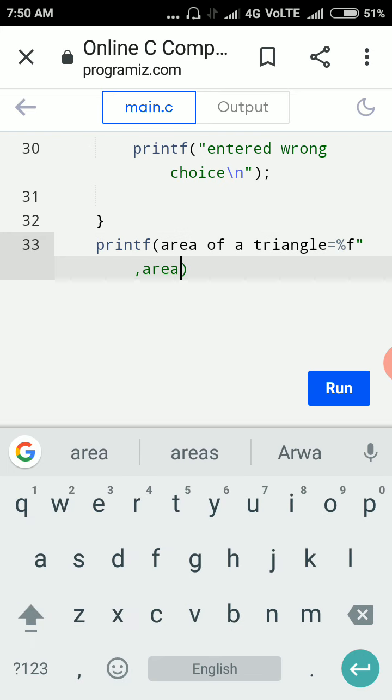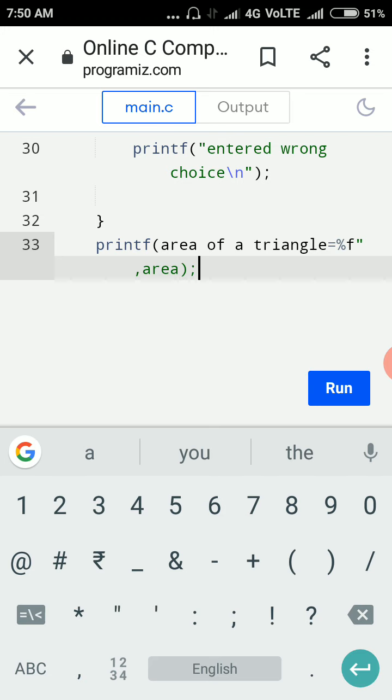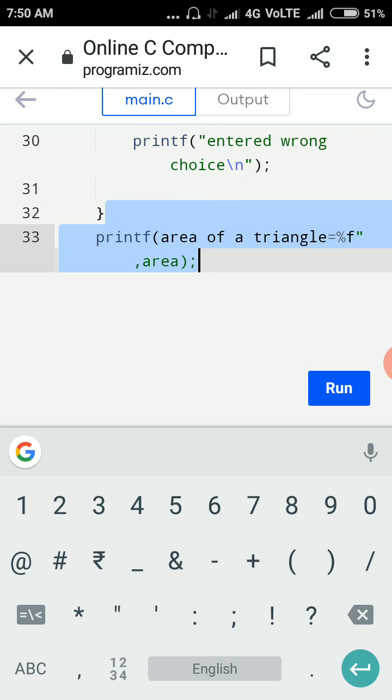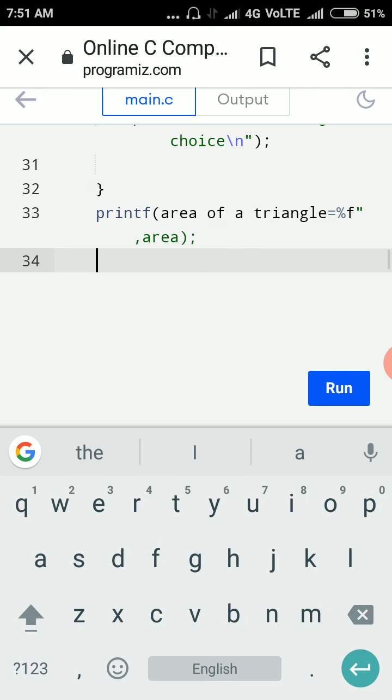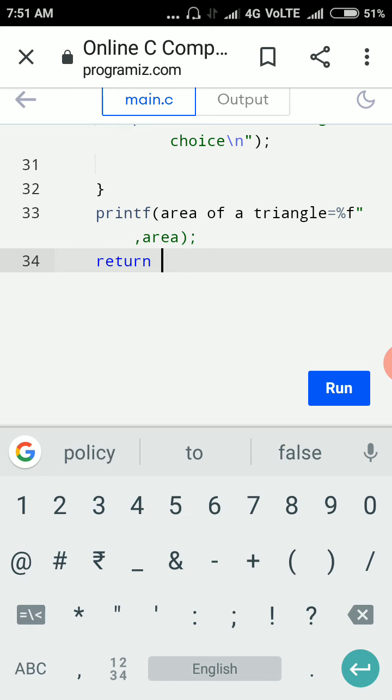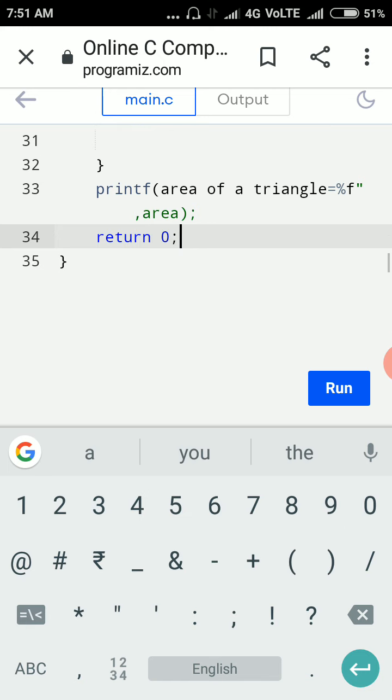We are keeping the result in the area variable, so we are printing that, ends with a semicolon. So next, return 0. Here we just write return 0 to end the program.